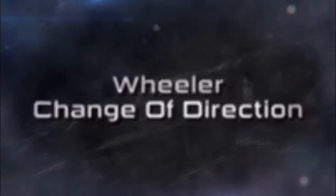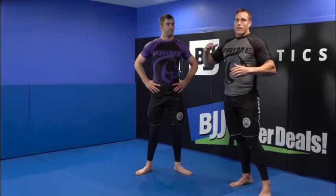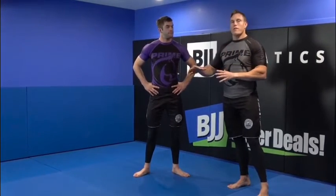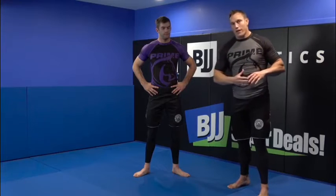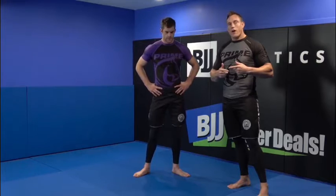All right, guys, this next link in our chain doesn't look that complicated, but it's probably going to be one of the more technical takedowns that we're going to do today. And what this one takes is drilling a lot of repetitions, because as a takedown artist, I have to be able to feel where he's moving his body and how he's reacting to certain things. So this one is a lot about timing, so it may feel kind of awkward at first, but once you drill it and get good partners, this is a move that